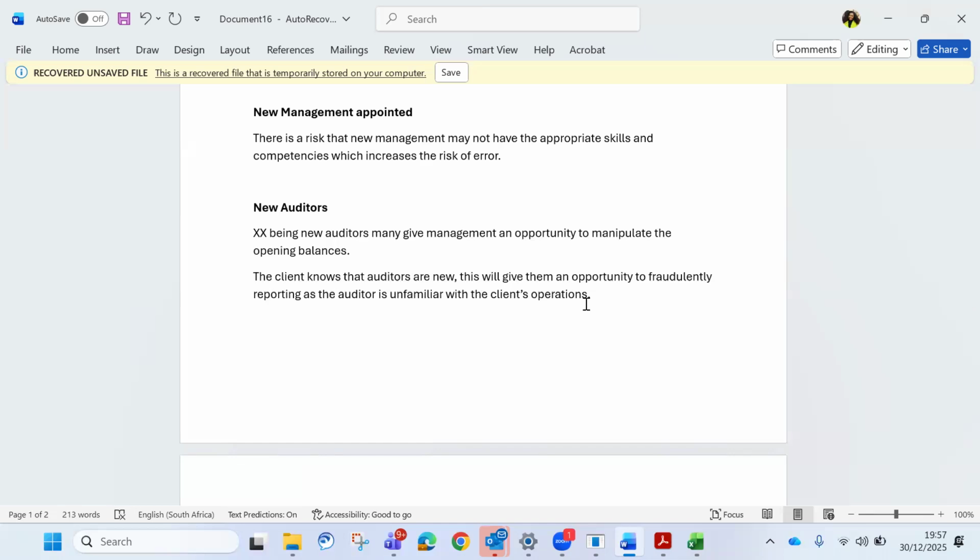So we look at this when we're looking at client acceptance. This is where we need to start looking to say, do we have the team? You remember, you're not supposed to accept a client if you don't have a team that has the necessary skills, competence or time. So the moment you accept this client when you don't have that, you're breaching your standards, right? Now you can't look at it here at risk of material misstatement, because you need to look at this before you accept a client. So you cannot accept a client where you don't have this.